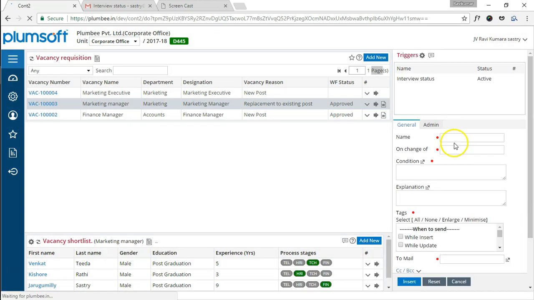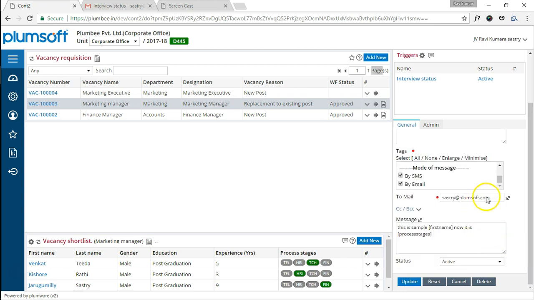Now let us see this trigger, how it is written. This is the trigger. Whenever there is a change of this and it is not equal to, maybe we can put a condition, only when he is selected for finalization, then the mail or message goes. While insert or while update, an email or SMS, to whom it should go, or based on the type of candidate. And this is the sample. Now it says you are in so and so process. Now I can say, dear Mr. so and so,